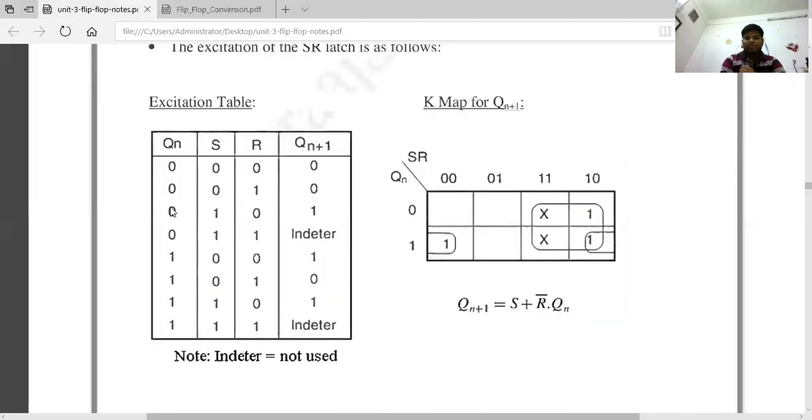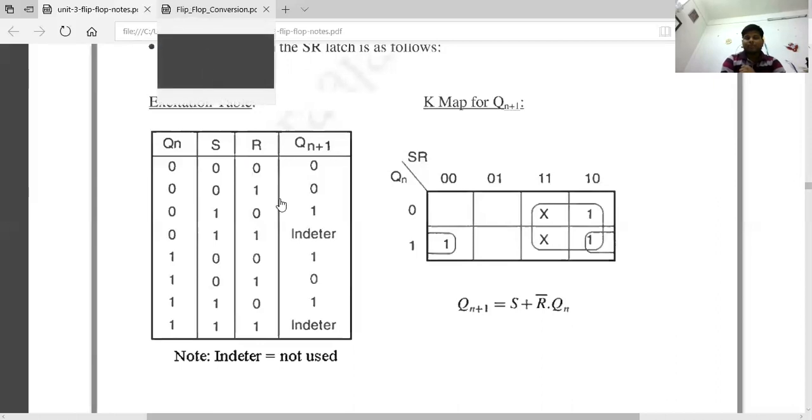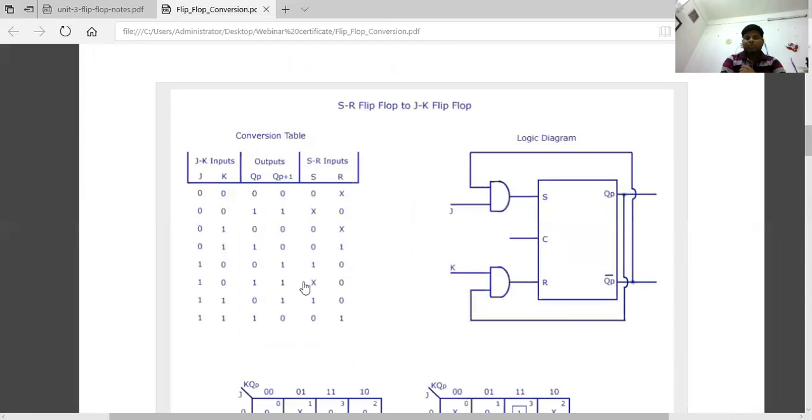So here is the mention: present state 0, next state 1, then the condition SR value is 1 and 0. No other value is there. When present state 1, next state 1, the above condition is also mentioned with cross 0, then cross 0. 0 1, 0 1 means 1 0, 1 0; 1 0, 1 0 already mentioned, 0 1 0 1.